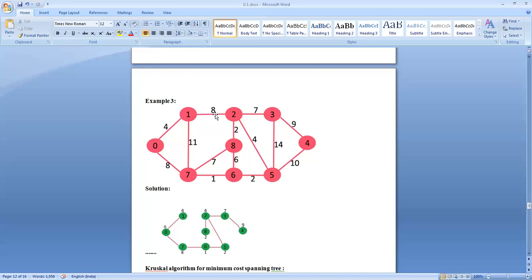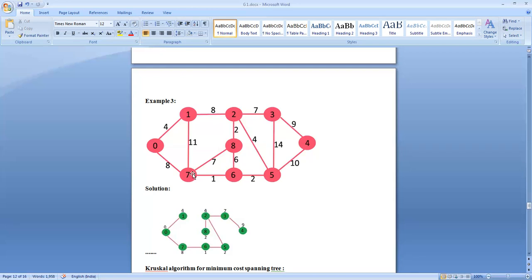So either you can select this one or this one. Both are fine. Both will increase equally the sum of the weight, that is 4 generated so far. So let me go for this one. If I select this one, an edge from 0 to 7 is selected.